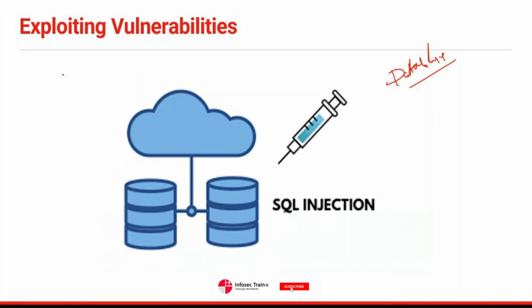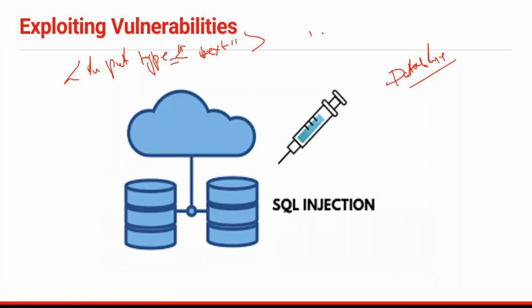Now the easiest way of exploiting SQL injection is, let's say there is an input field like a username field or password field, so you can enter the username or password there, right? So the developer has written the code. Developers write the code like this: input type equals to, let's say in double quotes I have written text, right? And close the double quotes. So what I can do is I can write single quote or single quote 1 equals to single quote 1,